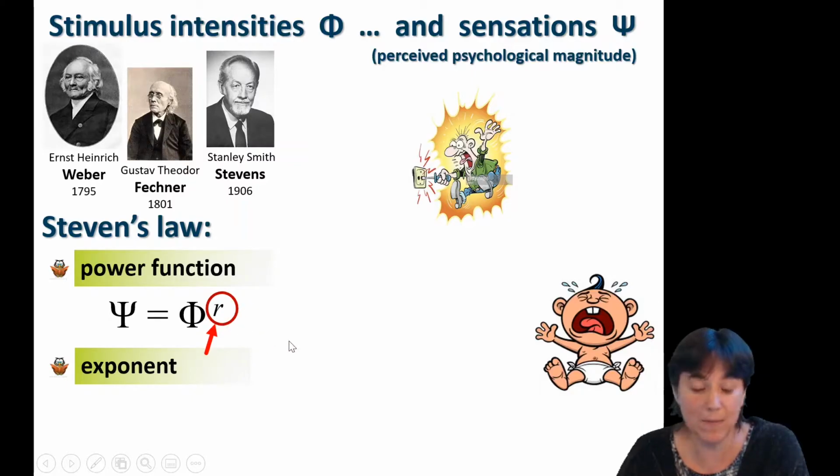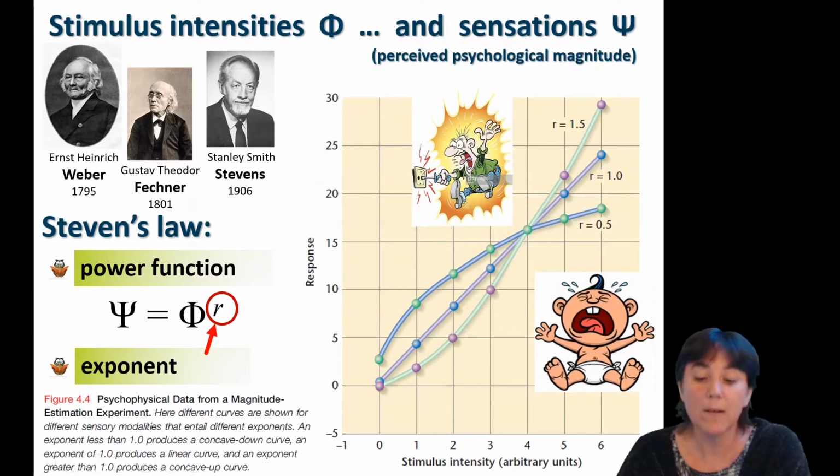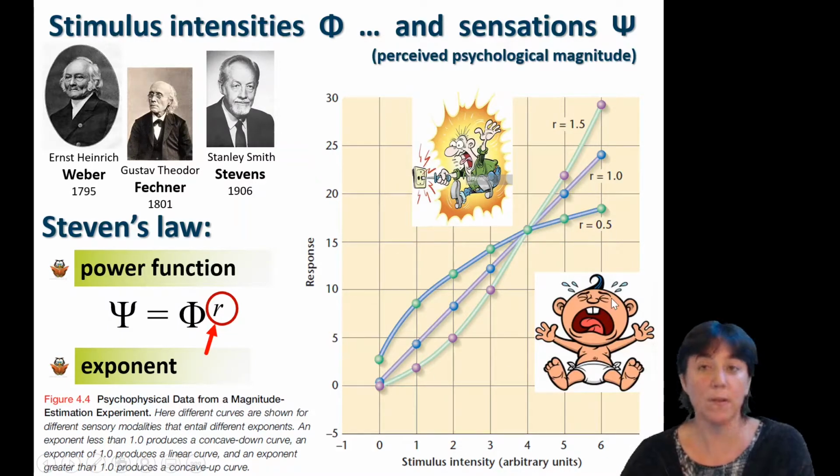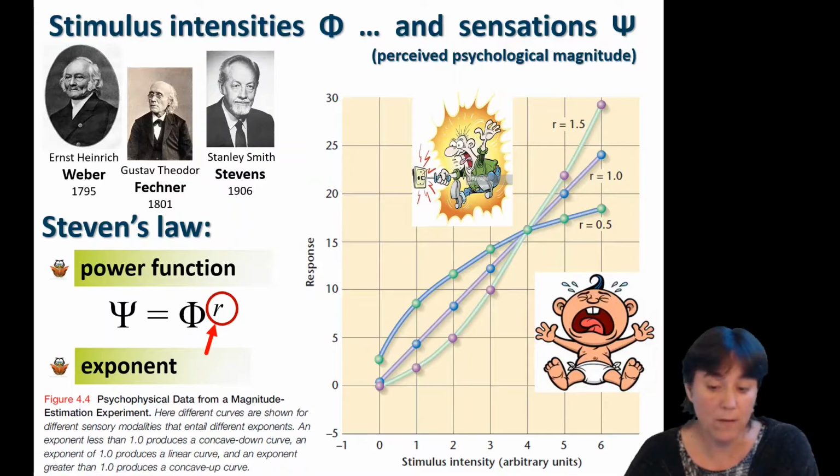And here comes the interesting part, because if this R exponent is higher than 1, such as in electric shocks, then the more intense the stimuli gets, the more response, the more vivid response you get, as opposed to what I was referring to as a baby crying,